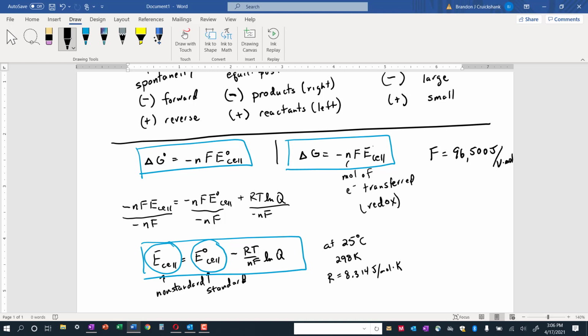Faraday's constant, and note that Faraday's constant does have joules in it. That's why we have to use the gas constant with units of joules. So we plug in R, we plug in T, because a lot of reactions will run at roughly room temperature, 25 Celsius. Let's pre-plug R, T, and F already in there. Try this, and you should end up with